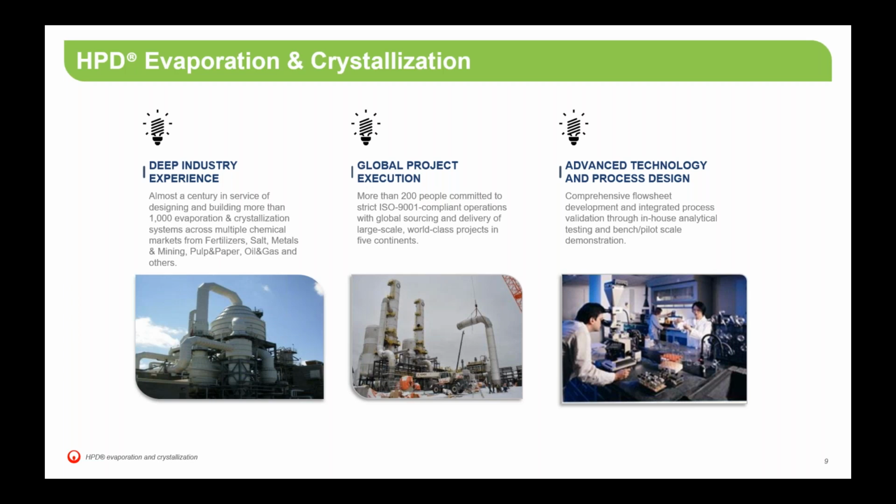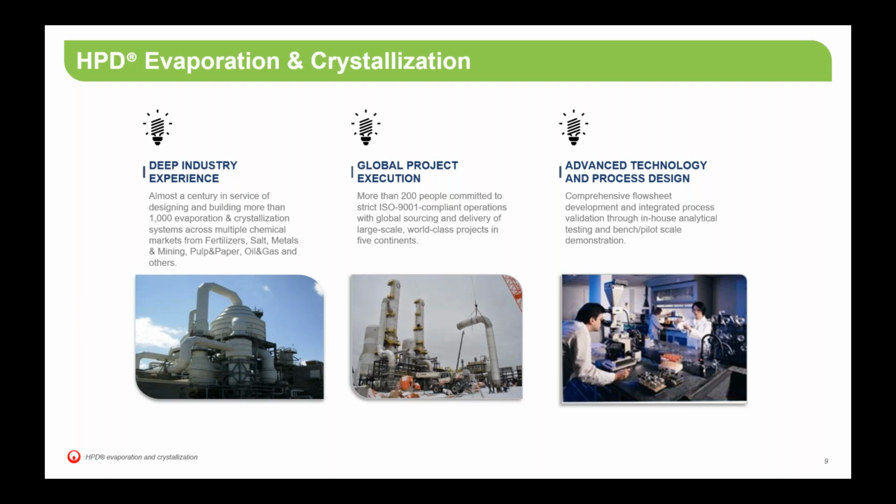So I think what is our main differentiator as a big player in the evaporation crystallization business is our advanced technology and process design capabilities. Through our process design team, we have the ability to develop a comprehensive flow sheet. And because we have a very big R&D center located in Chicago, we can validate this flow sheet